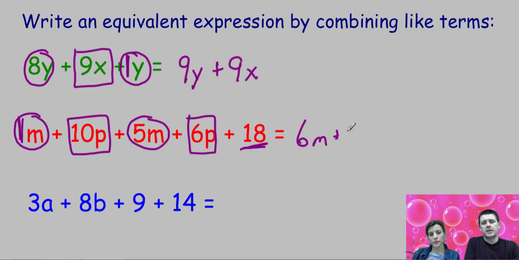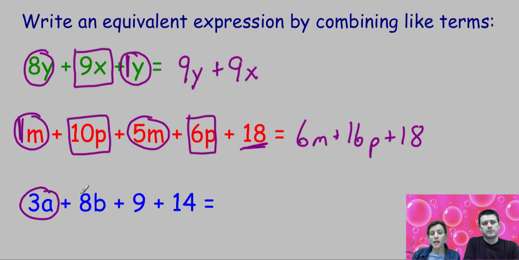10p plus 6p is 16p. And then I just have my constant of 18. So the left side, 1m plus 10p plus 5m plus 6p plus 18 is the same thing as 6m plus 16p plus 18. All right, our third expression, we've got 3a